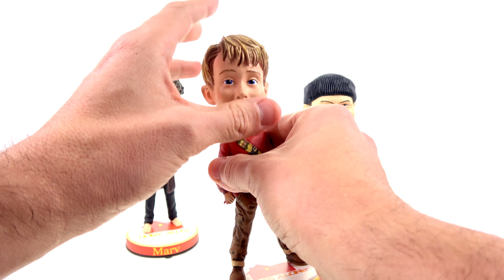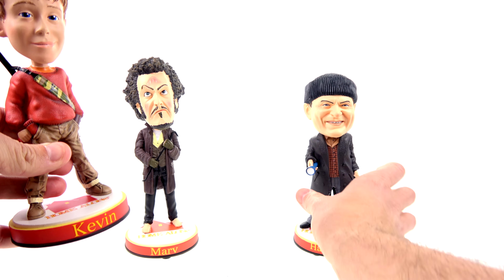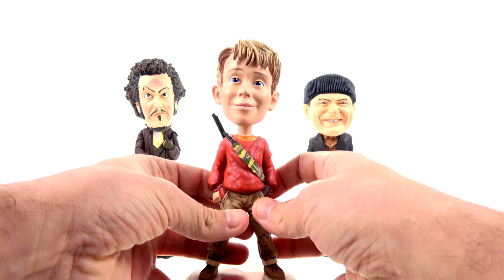He is a bobblehead, but because it's smaller, you can see that these guys have a tendency to bobble a lot more than Kevin does, just because his head is smaller. But it's still